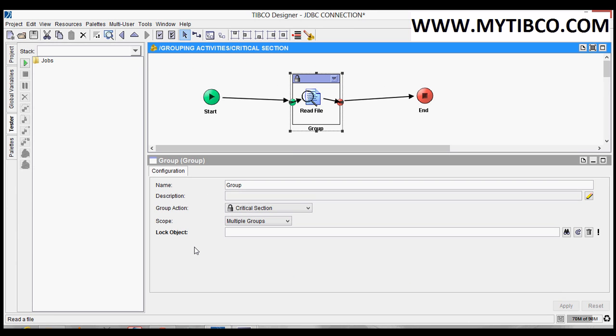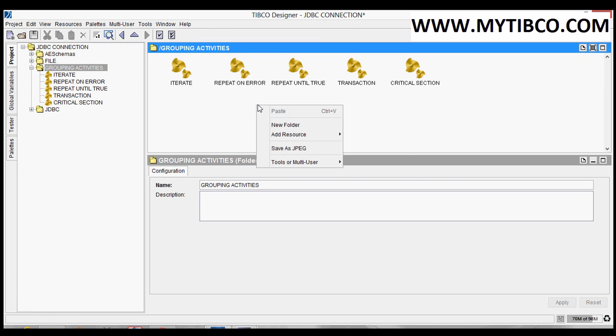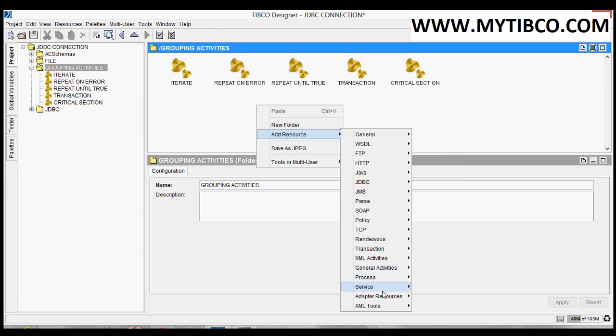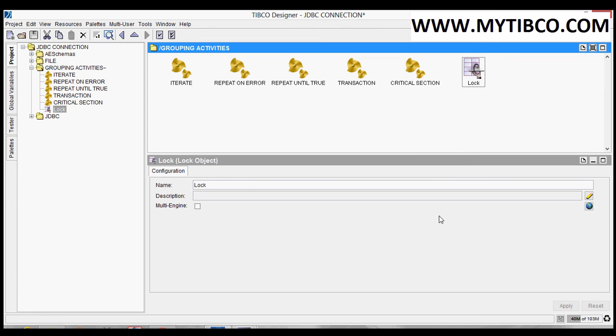For that we have to create one lock object. Right click, go to add resources, go to general activities, select lock object. Here we have an option which is multiple engines.